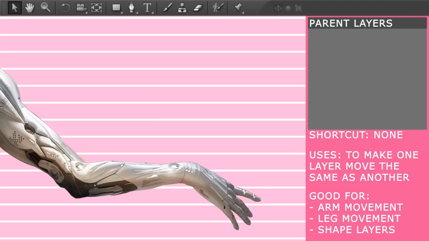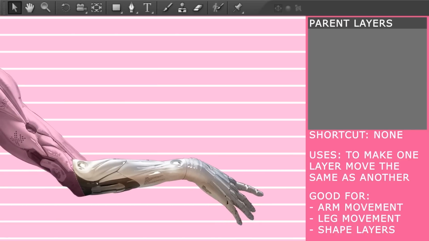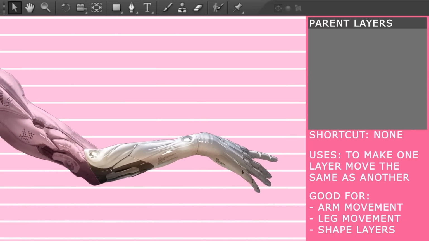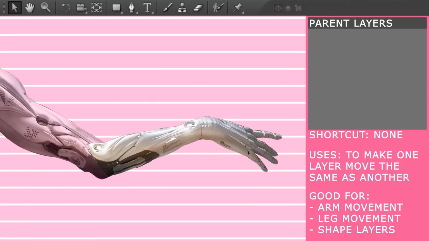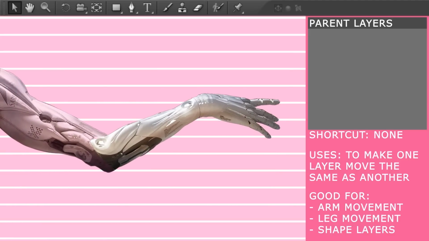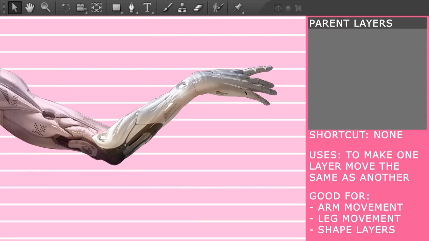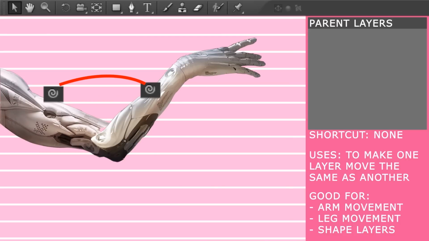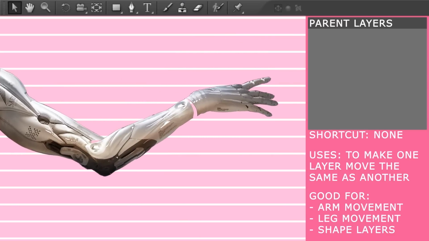So you'd have your top half of your arm, and when your top half moves up, your bottom half and the hand move up with it. And then say if you want your bottom half to move, like lean in too, rotate in, then you would want to use the parent tool to connect the bottom half of your arm to the top half of your arm, and you do your hand to your top half of your arm, and then you would rotate them. That was probably way more confusing.